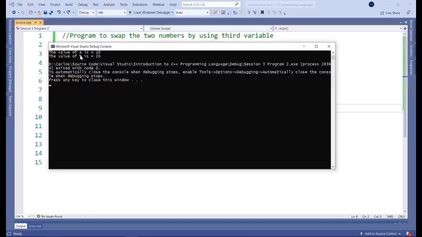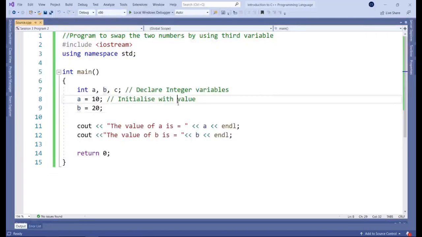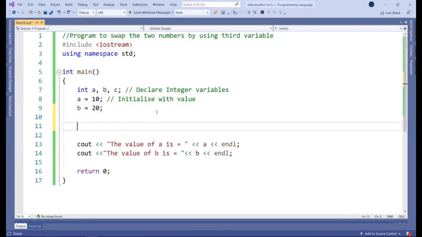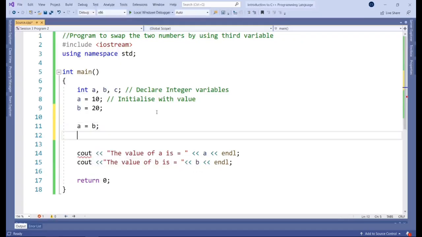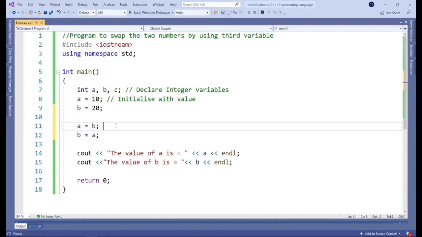It should print the value of A is 20 and then the value of B is 10, okay? So the first thing you might think of is just doing something like A equals B, right? And then B equals A. The problem with that is that at this stage, we would set A to 20.